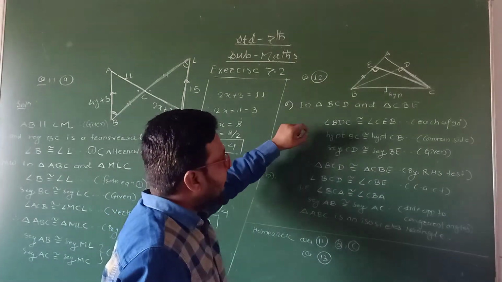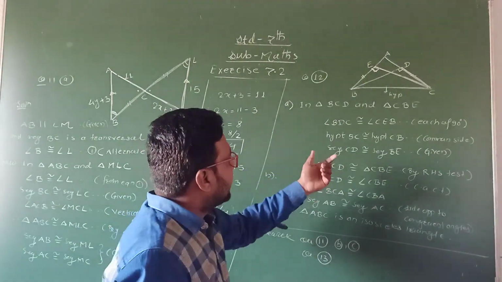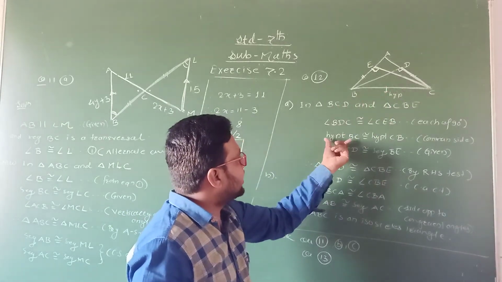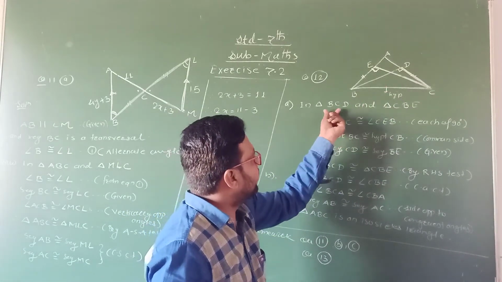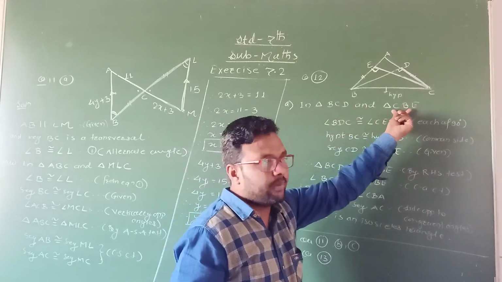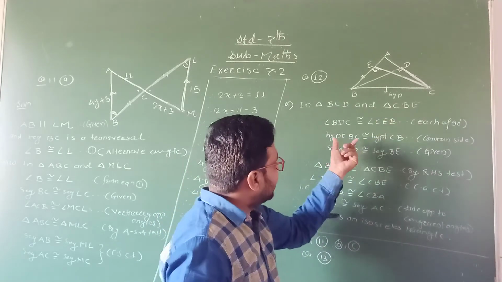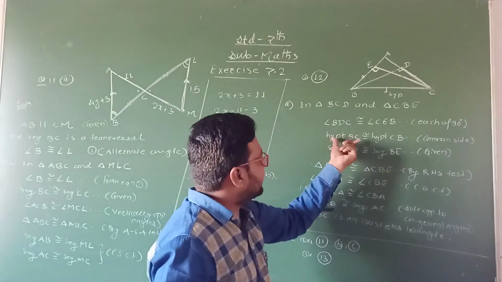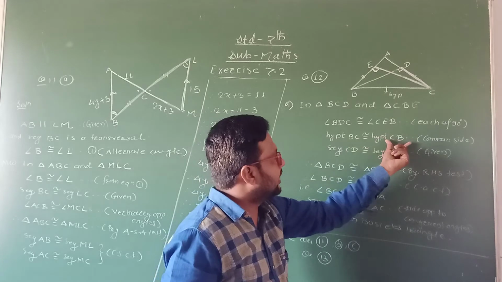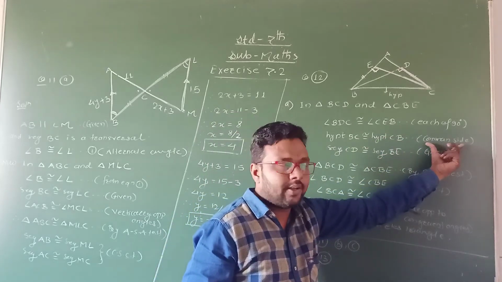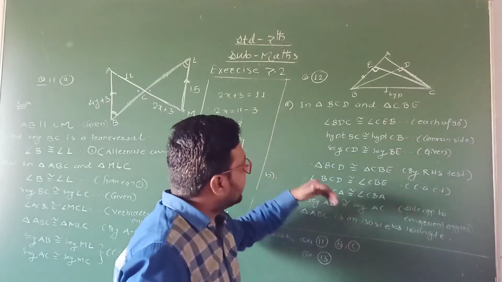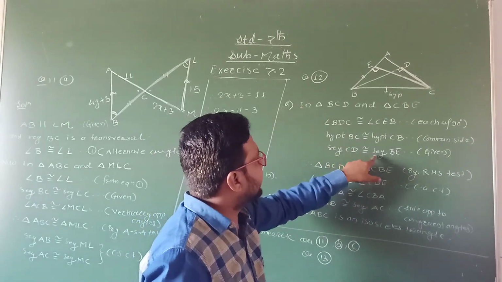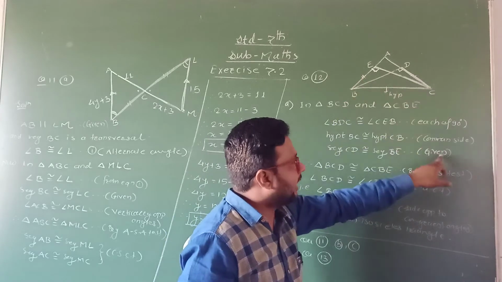Then the second part, the RHS test, hypotenuse we have to write. Now what is the hypotenuse here? BC is the hypotenuse. Now hypotenuse BC is congruent to, BC corresponds with what? CB. But the side is the same. This is the common side for both triangles. Hypotenuse BC is congruent to hypotenuse CB, and this is the common side. Okay, that we find in this figure. Then segment CD is congruent to segment BE. This is already given. We write given here.